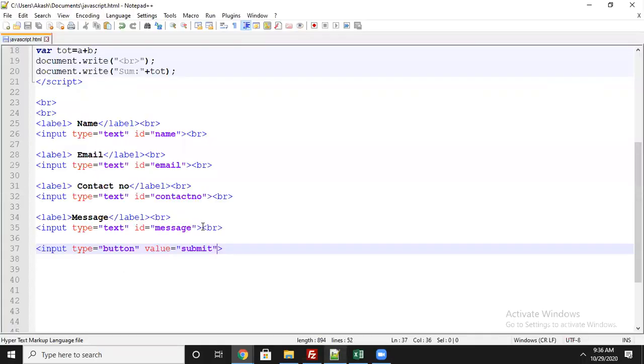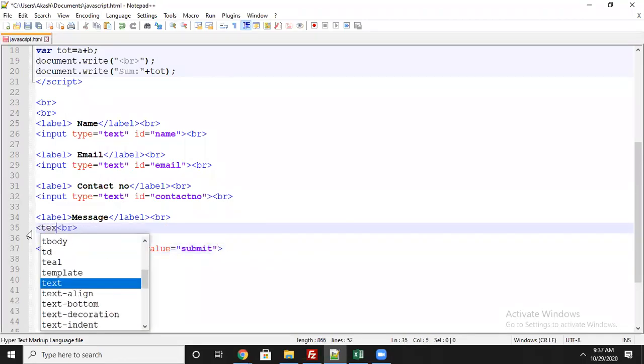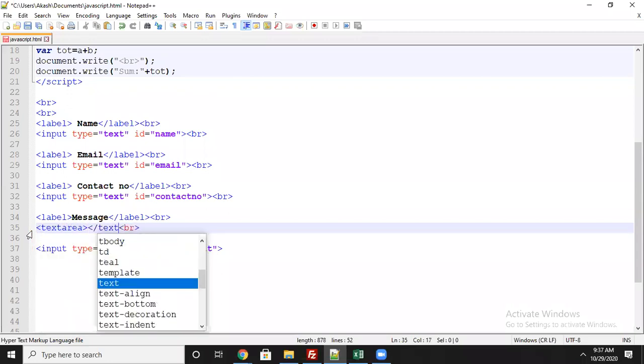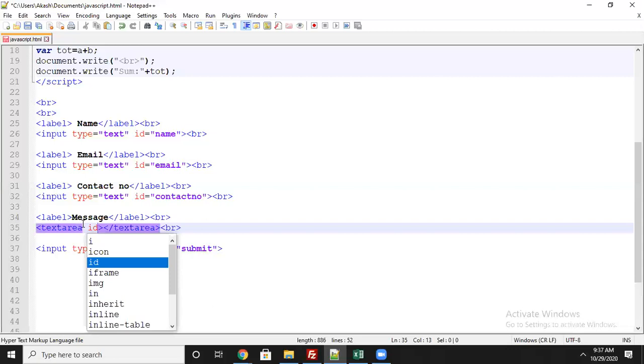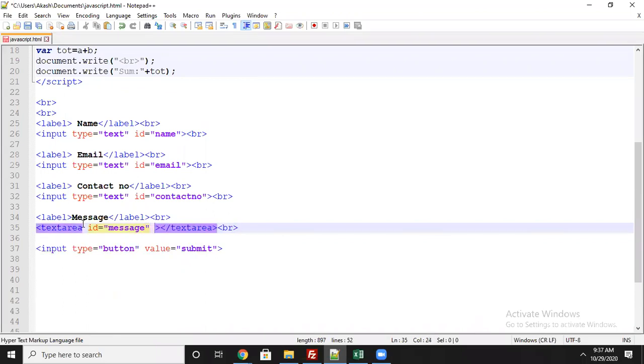Let's see how to do the textarea. You can use textarea and slash textarea. Here I will use id equal to message, and I will define it in terms of rows and columns. Rows I will take 10, columns I will take 14.